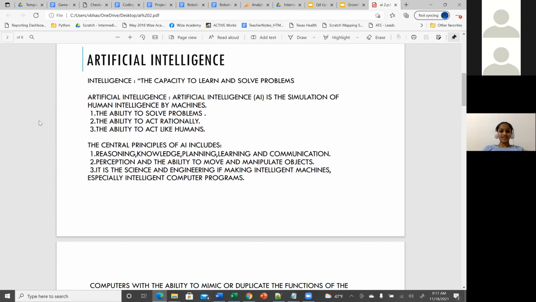Artificial intelligence, the capacity to learn and solve problems. Artificial intelligence, AI, is a simulation of human intelligence by machines. First, the ability to solve problems. Second, the ability to act rationally. Third, the ability to act like humans. The central principles of AI include first, reasoning, knowledge, planning, learning, and communication. Second,